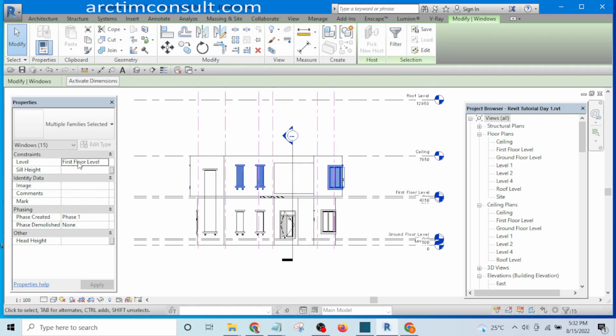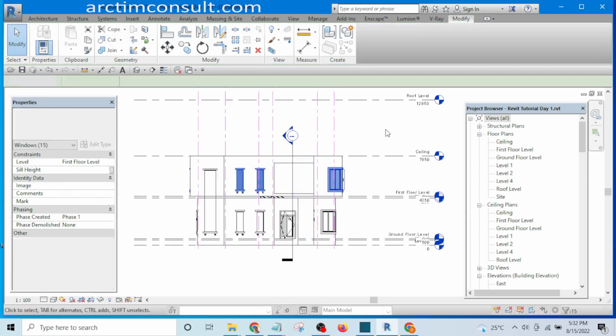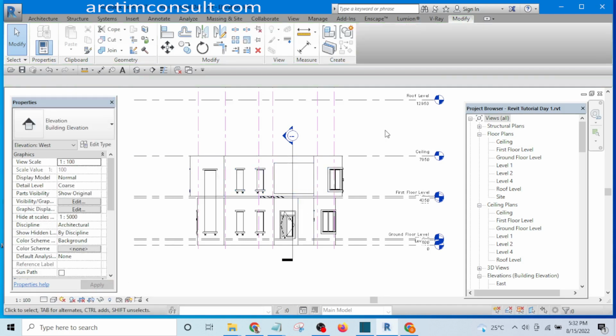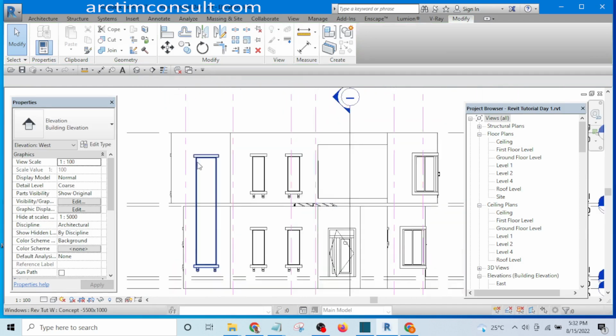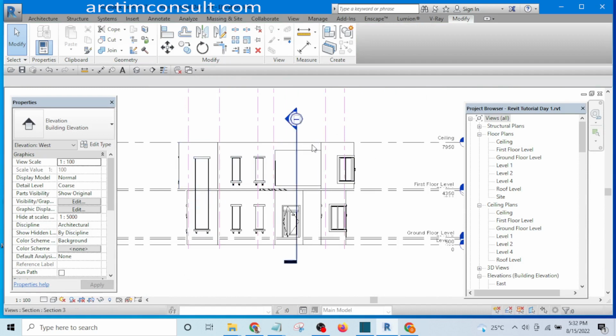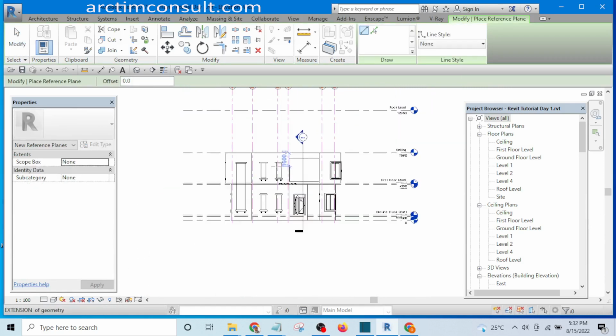Then I can now be sure that they are on first floor level, and their sill height should be determined, or their head should be determined. Let me determine their head using 2400 mm and apply, because all the lintel are on the same line. And when I do that, you see now that it is on the same line with this one, and if it's not, I'm going to confirm it by using